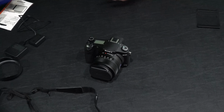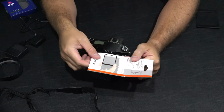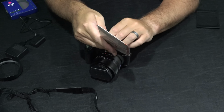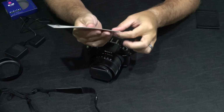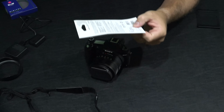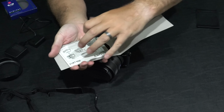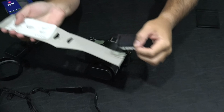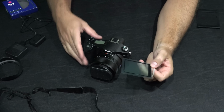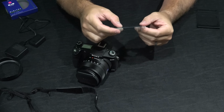So then what we're going to use is this. I'm sure there's third-party ones available, but this is the actual Sony brand LCD protector. You can find a link within this video's description for where you can order this online. You can see here it even says Sony on it on the bottom. Without it, the camera says Sony at the bottom. To just look at the camera, you shouldn't even notice that it has a